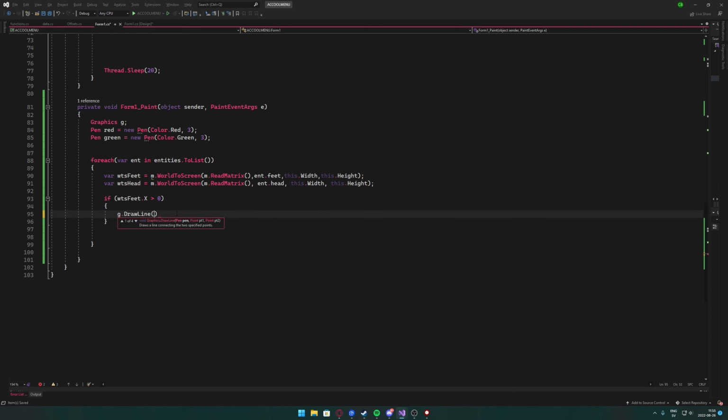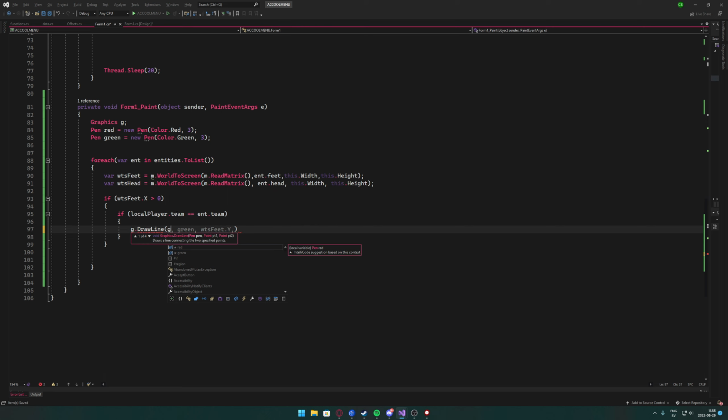But we will draw a line to... Actually not, we will check if it is a teammate or not. So if local player.t equals the entity we're trying to draw. If it is, we will draw a line with the color